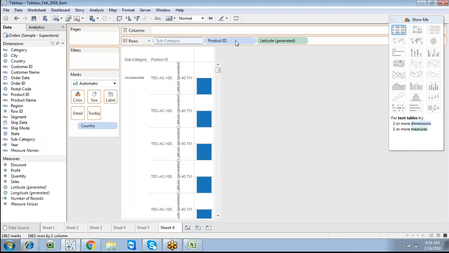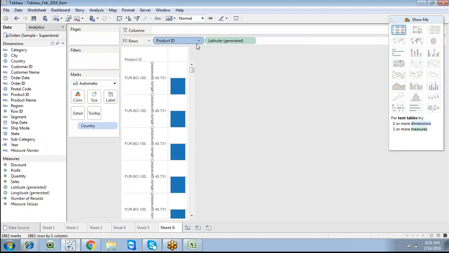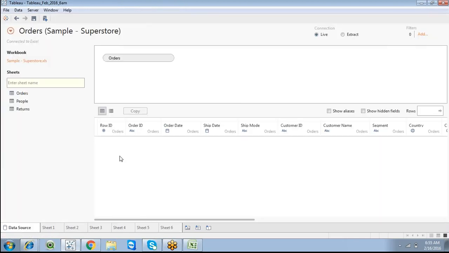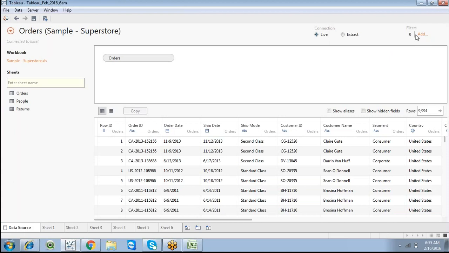a data source filter is where we filter out unwanted data in the backend. The backend is the Tableau data source, so it is going to reflect in all the sheets.